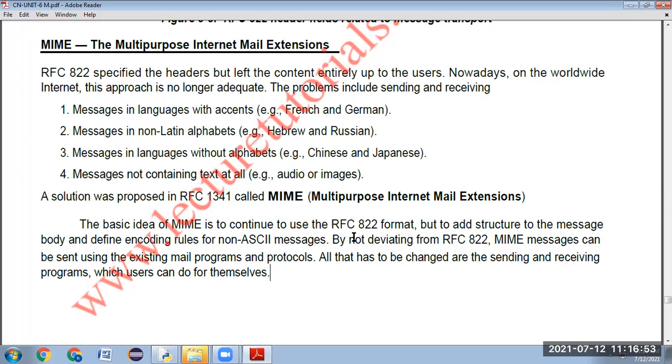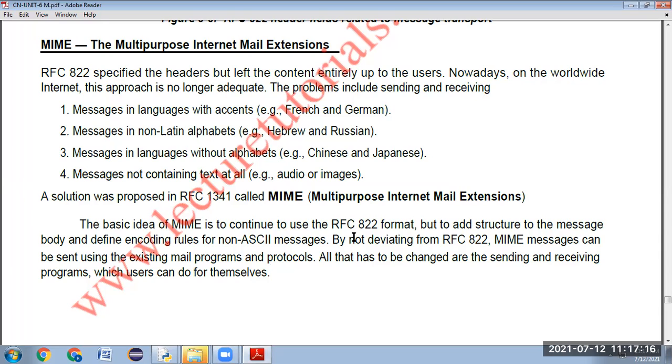The header part will not be touched, only the contents of the message will be changed. The user is given the right to change things. While typing the mail, if we want to use another language like Telugu, we can change the language settings to Telugu. They can type in it. If they want to use another language, they can change the language type and use it.